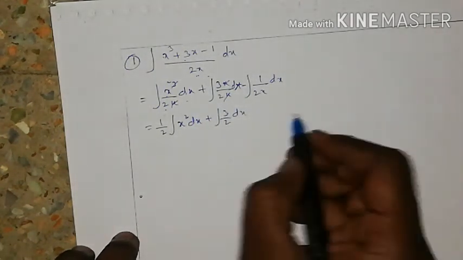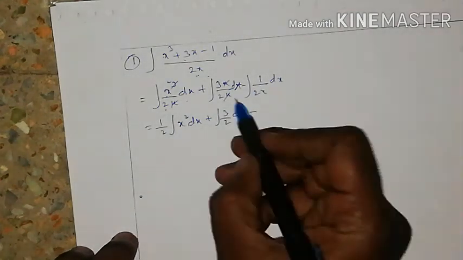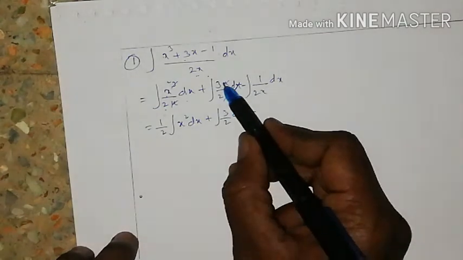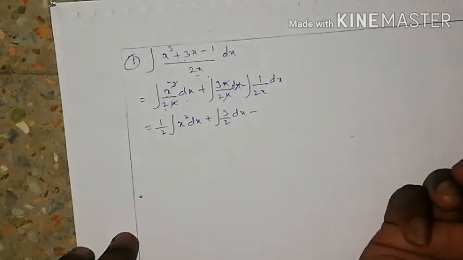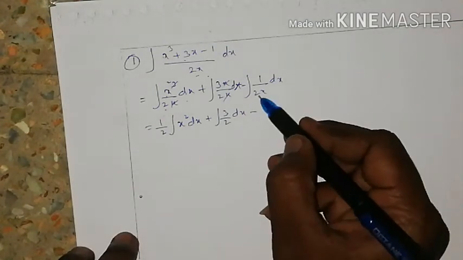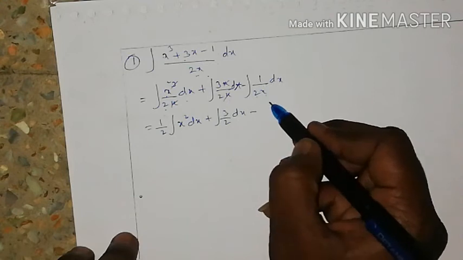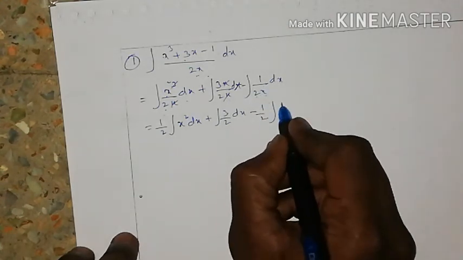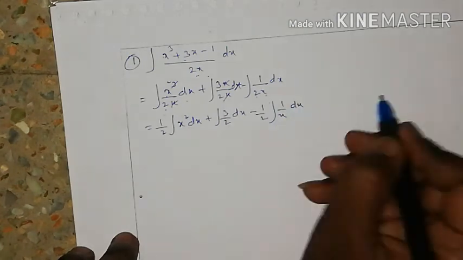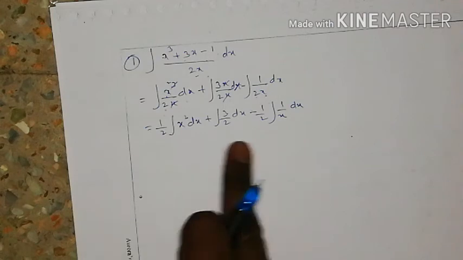If you take it outside also, no problem. Next, minus. Here 1 by 2 is the coefficient. It is not a constant term like 3 by 2, because there the variables are cancelled. That's why I am writing 3 by 2 as it is. But here 1 by 2 is the coefficient of 1 by x. So you have to take 1 by 2 outside, into integration of 1 by x dx. Clear? Right.